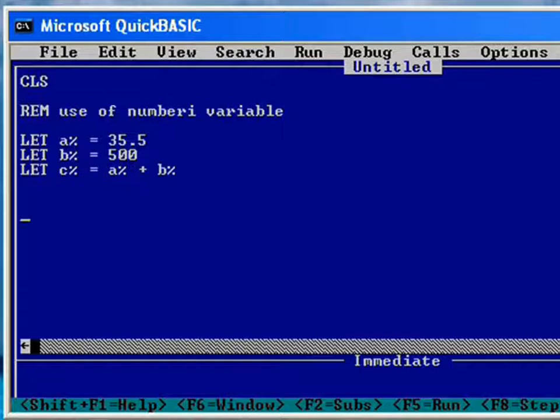Now print total value is, now close this double quotation mark, now semicolon to separate the variable and title. Now c%. Now let's see this code. Here a% is the integer variable for storing this value 35.5. b% is the numeric integer variable for storing 500, and c% is an integer variable for storing the value